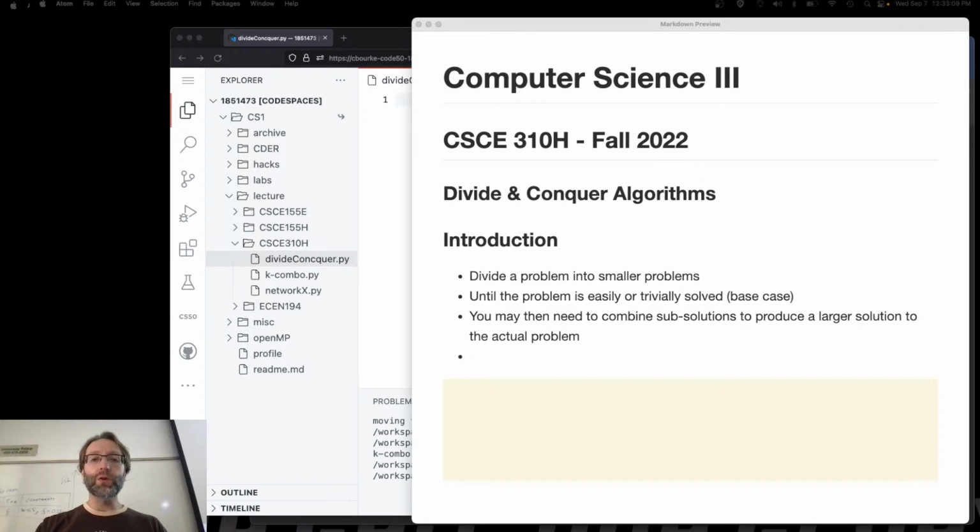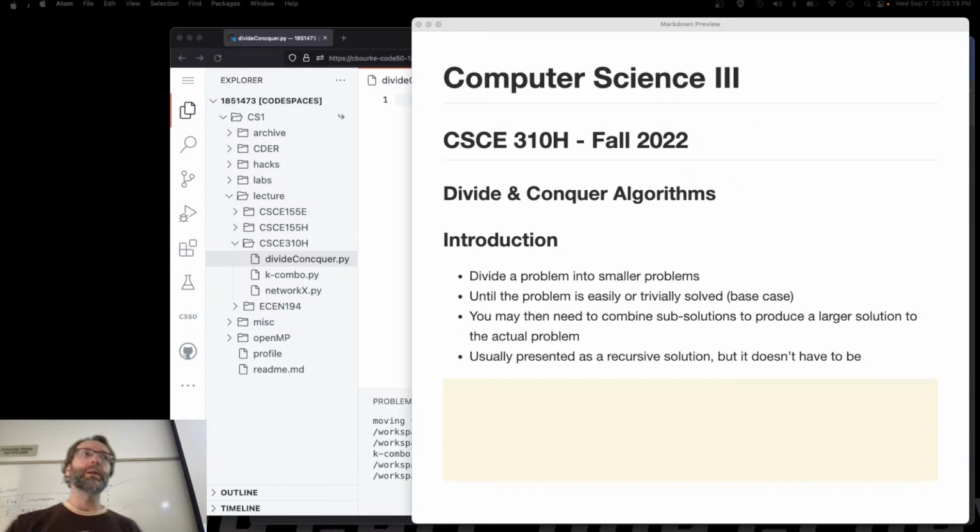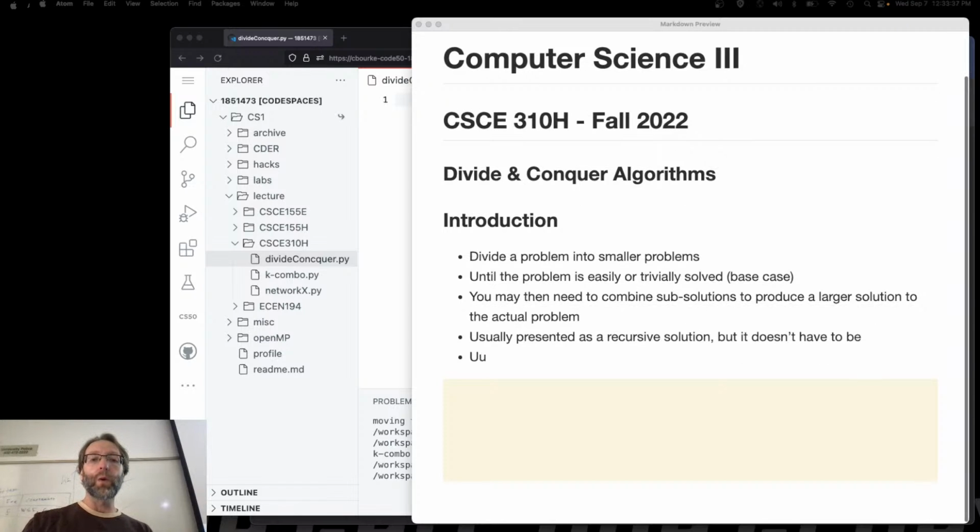And again, it's usually presented as a recursive solution, but it doesn't have to be, right? When I present binary search, right, we think of it recursively, and we can even present a recursive version of binary search, but in actual implementations, you don't do that. You do the divide and conquer using an iterative while loop so that you're not paying for that recursion, right? But otherwise, it's well suited